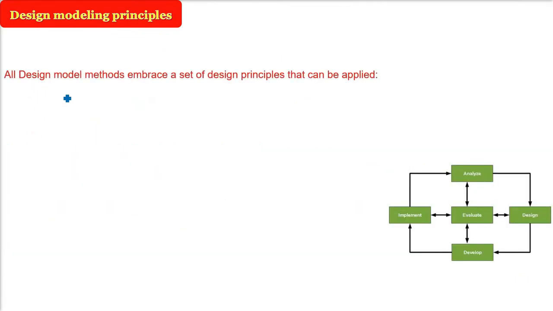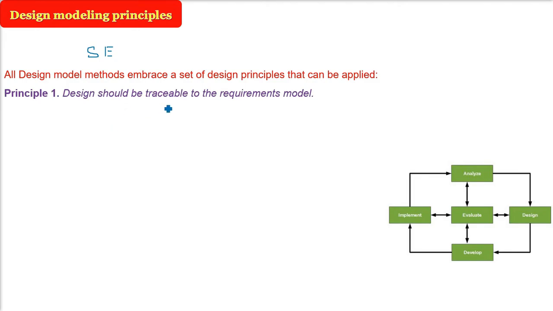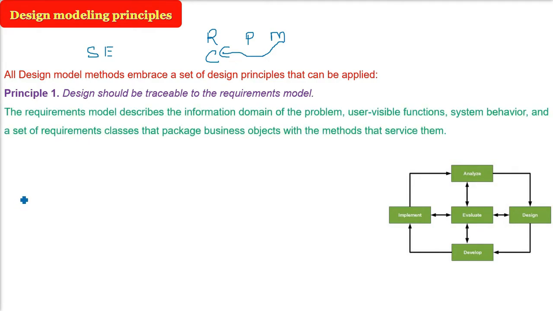All the design models, whichever you use, we need to understand certain design principles. Whether you are a modeler or a designer, it doesn't matter. Even if you are a software engineer or a software professional, there are certain aspects you need to know. The first thing is design should be traceable to the requirements model. Whenever you have acquired the requirements, the model you make should not be made just arbitrarily. It needs to correspond, it needs to point back to the requirements, so it should trace.